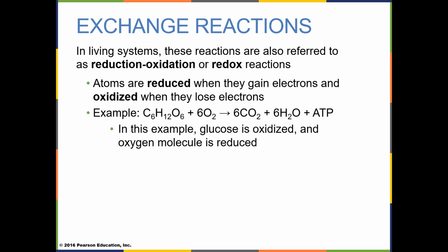Oxidation. You have a fire pit, and you're burning wood in the fire pit, and you take a big log and throw it in your fire pit, and it burns. The log is being oxidized. When you're burning a log, you are breaking covalent bonds. When you break covalent bonds, you release energy. Burning your log, you get heat and light. When you're breaking the covalent bonds, you are releasing the electrons. So when it's being oxidized, it's burning. It's giving up its electrons. That's oxidation. Where do those electrons go?